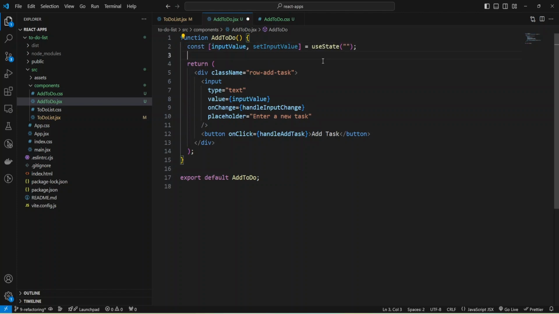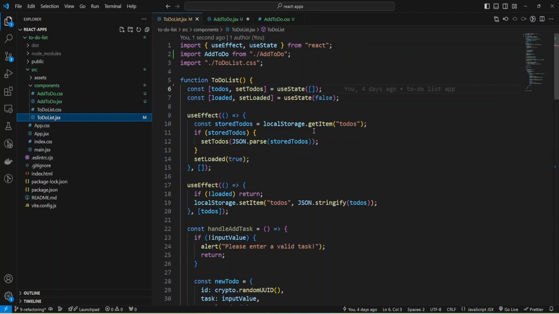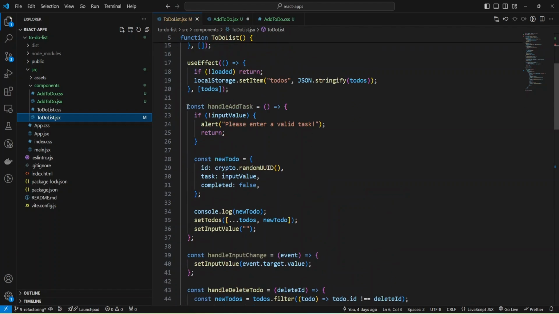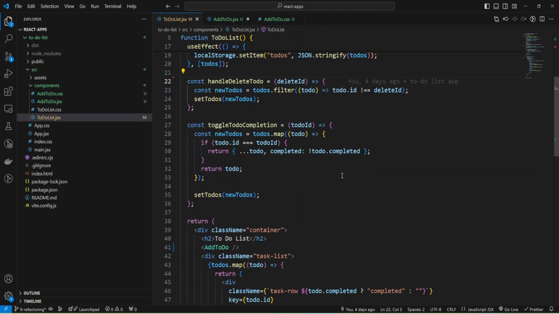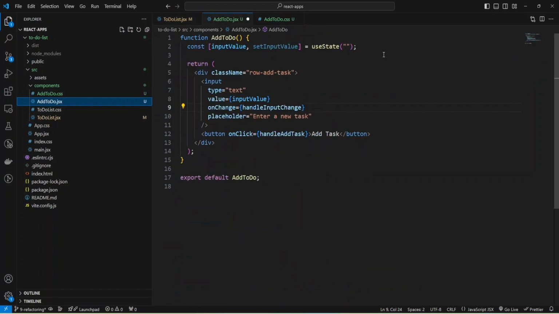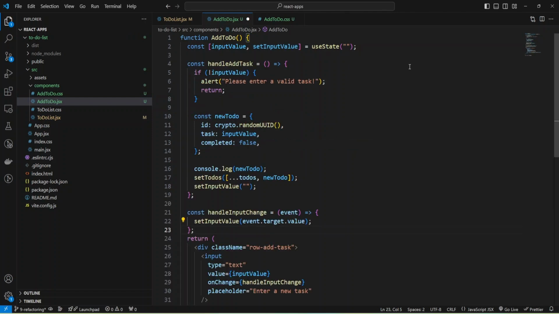It will manage the state locally, and also I need some props and functions. We have input value, and now I'm going to copy paste these functions, like handle add task and handle on change. I'm just removing them here and pasting them here.